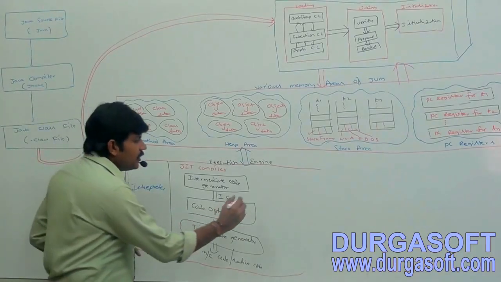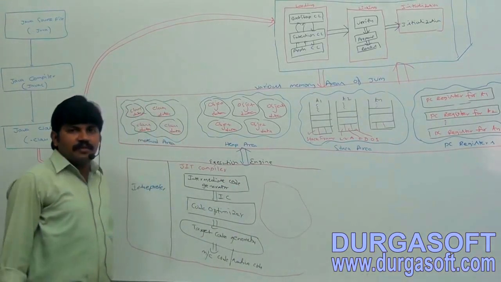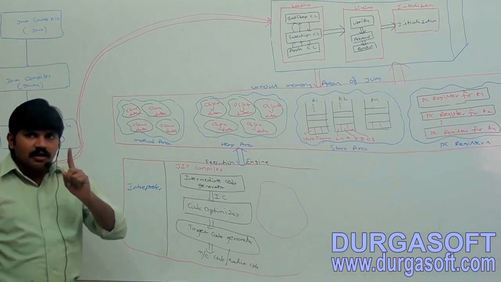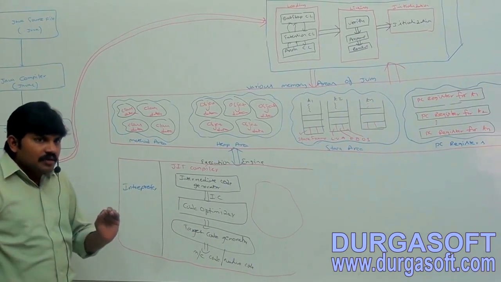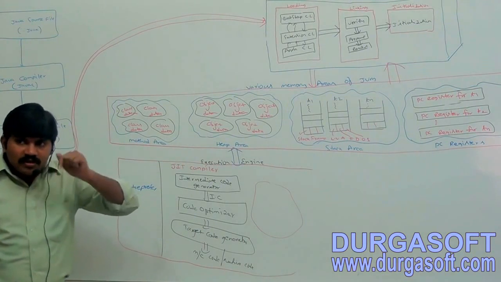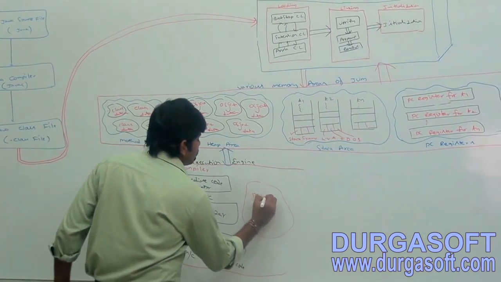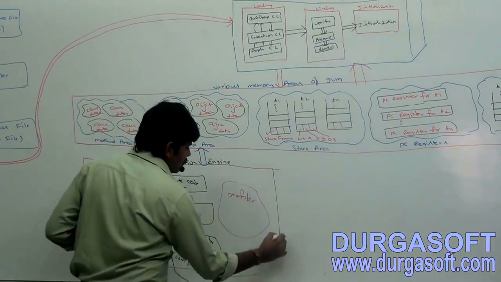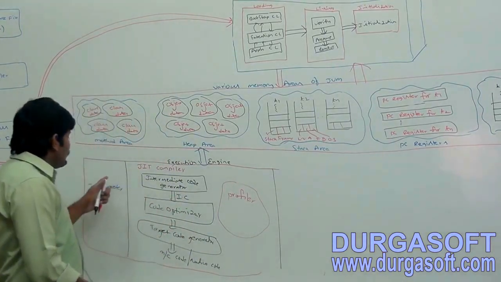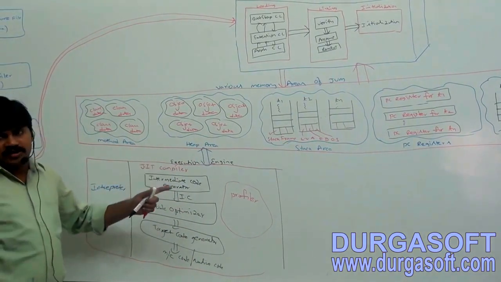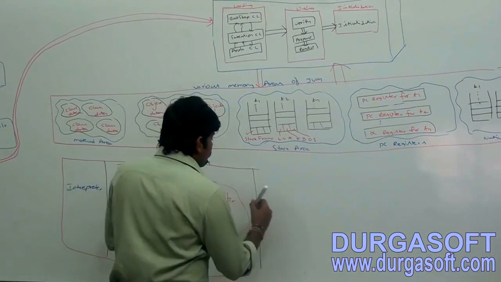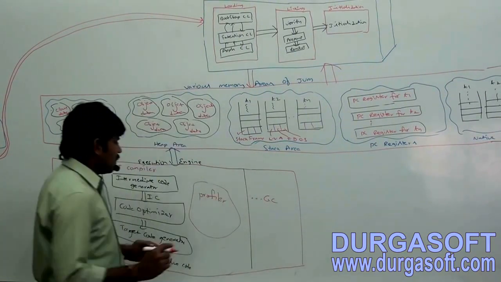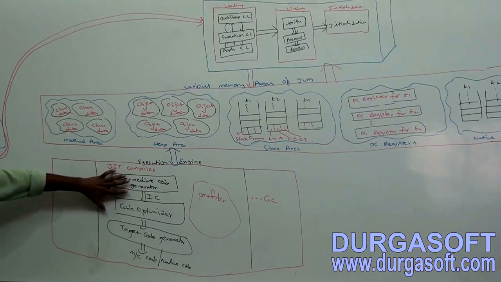Now listen. Have you remembered, somewhere in the last sessions I covered that in the JIT compiler there is one special component responsible for hotspots? Who is that component? The profiler is the component. So this is the JIT compiler. Not only the interpreter and JIT compiler, there are several components inside the execution engine, like the garbage collector and security manager. This part is the execution engine.